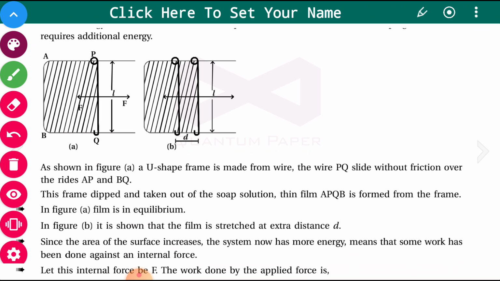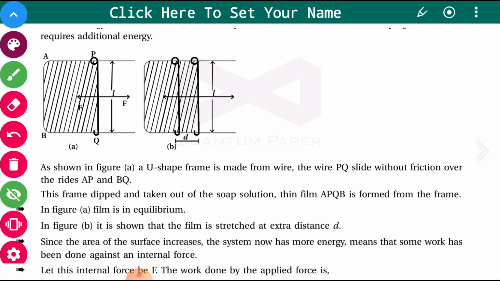Now see, this is a U-shaped tube, and there is one wire which is attached to these arms of the U-shaped tube, which can slide easily without any friction. Now this frame is dipped in the soap solution. So what will happen if you dip